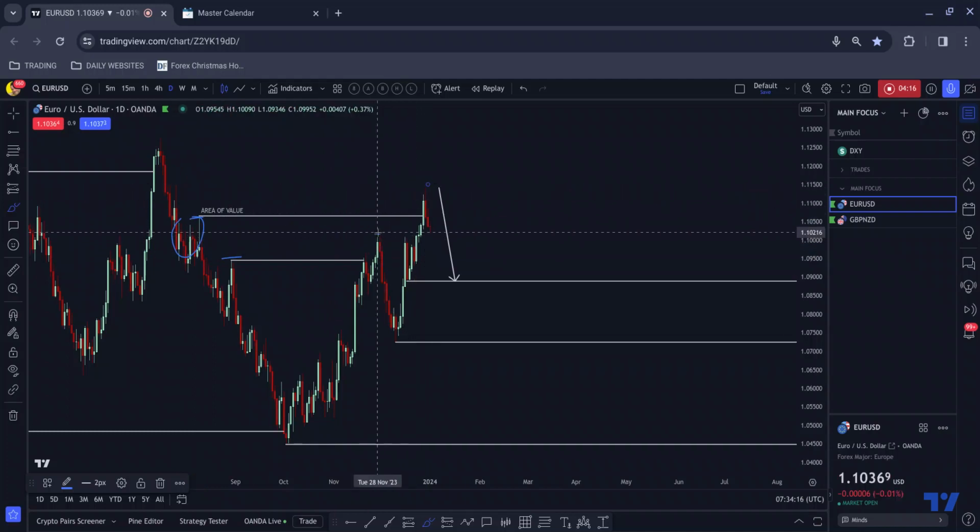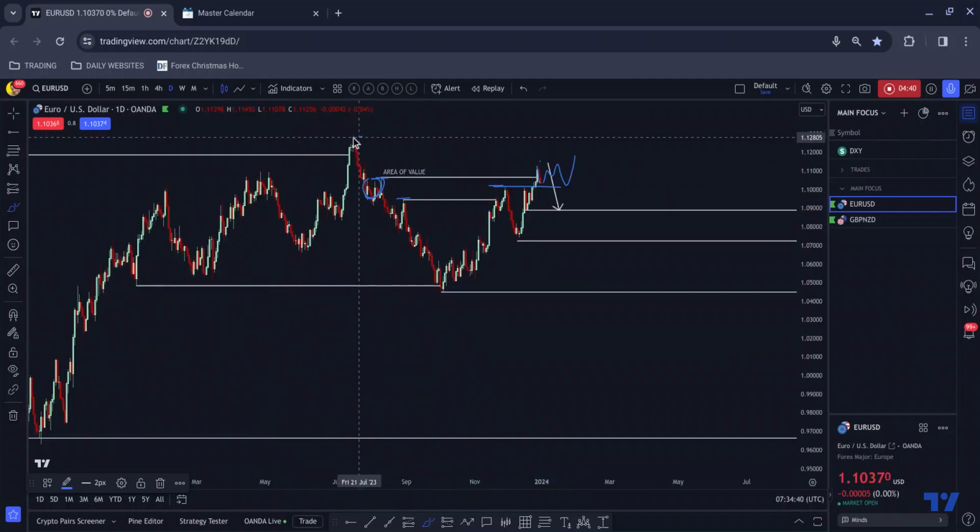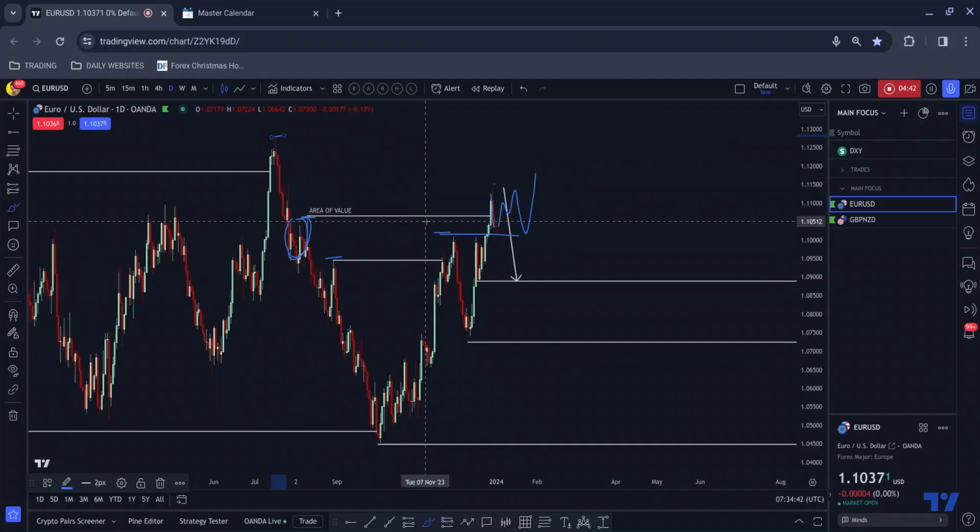This high breaks above this high and taps into the area of volume and then pushes down. You can see we've got some aggression and we're trading back below here. However, because of what I just said on the higher time frame, it's possible that we could have something like this, where this becomes a bull flag to push higher, and then we end up retesting this high here and pushing up to take out this high, or potentially that higher time frame direction kicks in, and this gives us